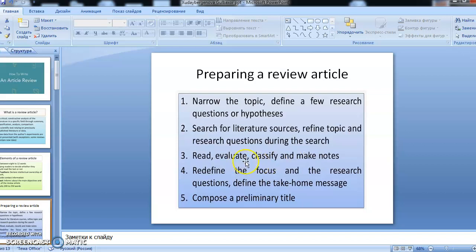Read the article, evaluate it, classify, and make some notes. Taking notes while reading the article is very important. So you should redefine the focus and the research questions, define the take-home message, and also compose a preliminary title.